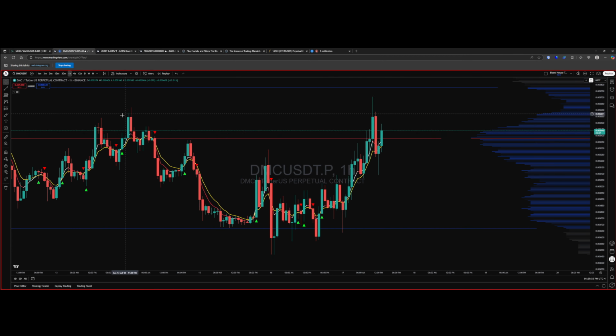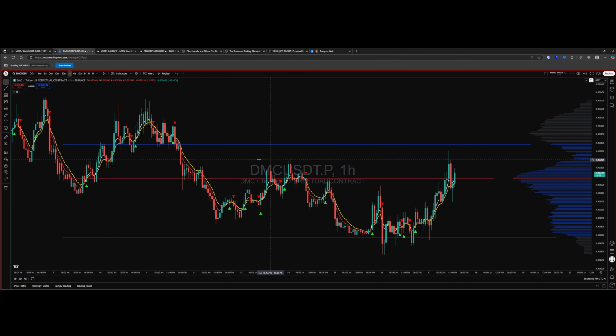Really what you want to do is, you didn't quite take out this high, right? Look at the closes. They're essentially equal. So I think you have to take another run at this level, on this time frame anyways. This is the hourly. I just wanted to see where the volume profile was, because see this gap to the upside? You want to get price in here again to get it to push. If it fails,